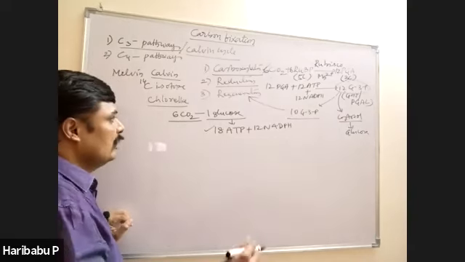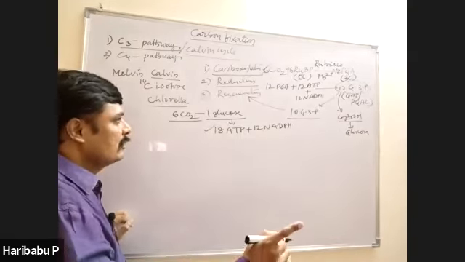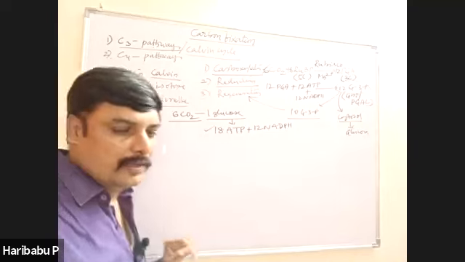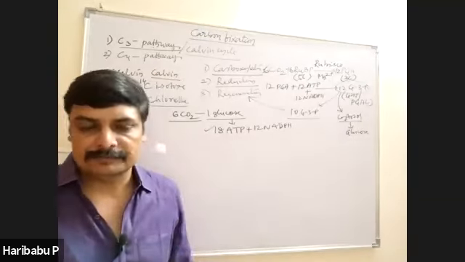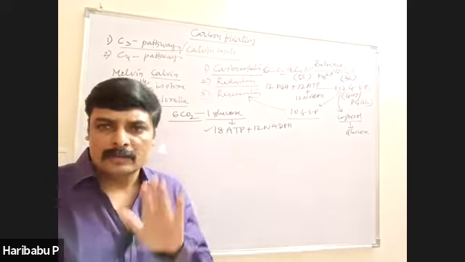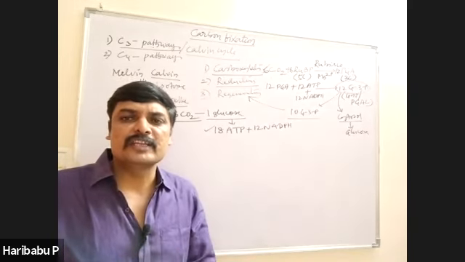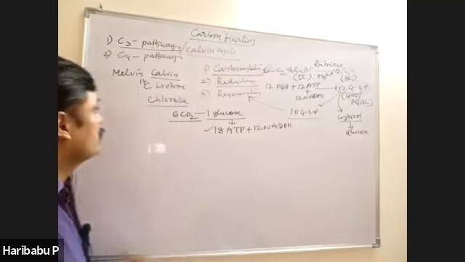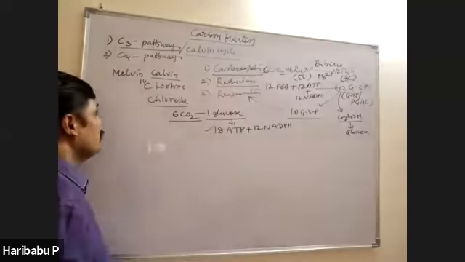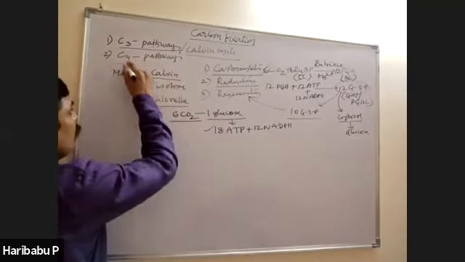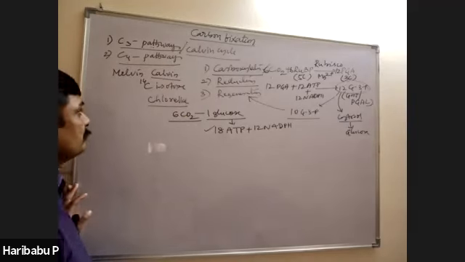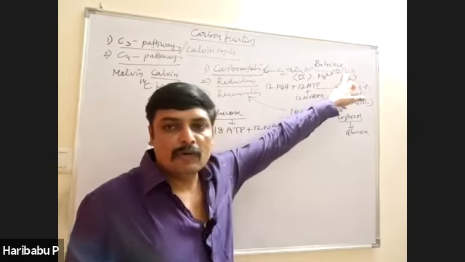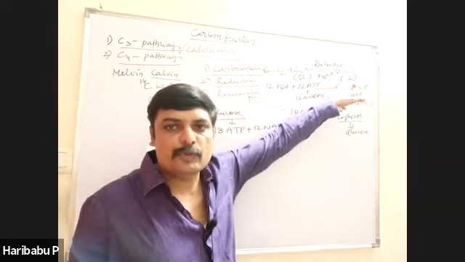And finally, you can say in all photosynthetic plants, food synthesis takes place by Calvin cycle. That means Calvin cycle occurs in C3 plants, C4 plants, and also CAM plants. In all the three. This is about important points regarding the C3 cycle. And now C4 pathway or C4 cycle. In some plants, instead of PGA, 4-carbon oxaloacetic acid is produced.